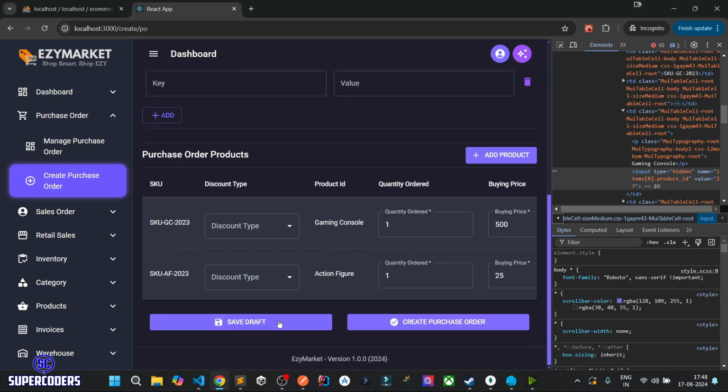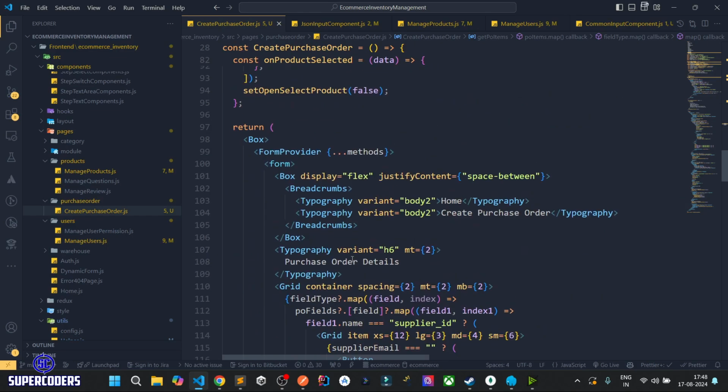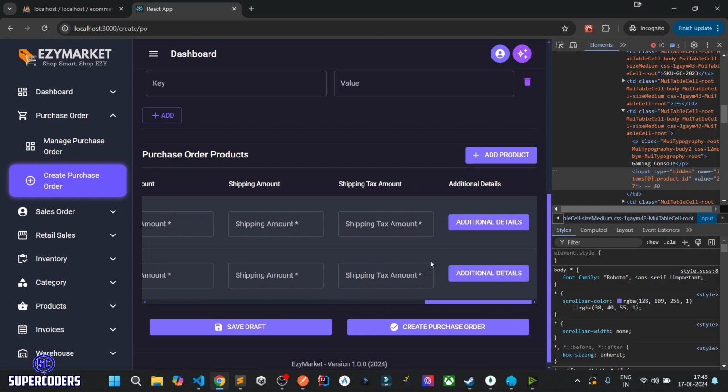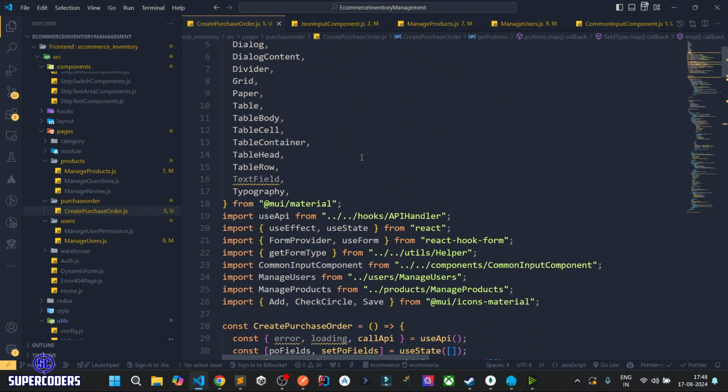Next we need to work on save and get purchase order. So we need to pass a different value for the different buttons. So for that, what I can do, and also we need to work on one more thing. Next we need to work on this additional details. If I click on additional details, I can show a pop-up which will take the additional details as an input. So what I can do,